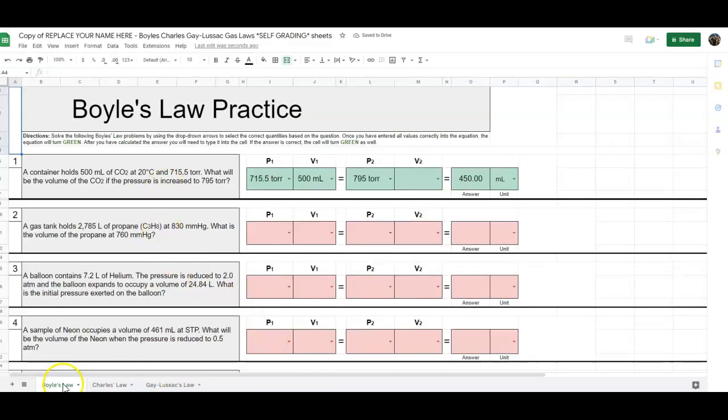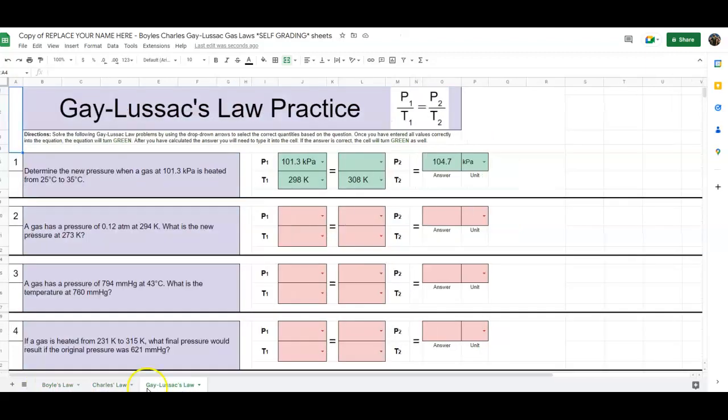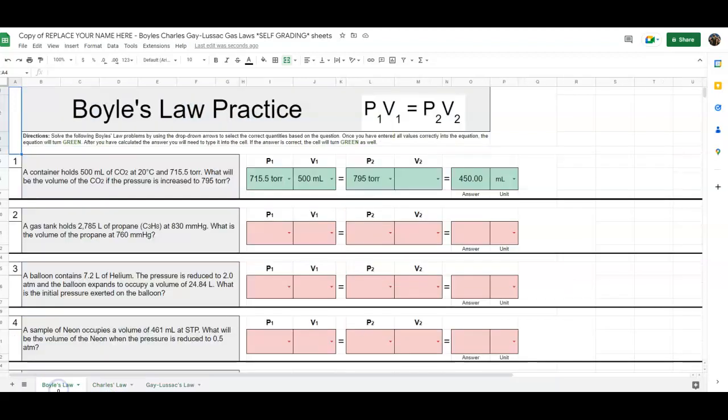When you look here on the bottom, you'll see that you have Boyle's. When you click on it, here's Charles. Here's Gay-Lussac. For each of the sheets, the first problem is already done for you so that you can see. So to go back, I'm going to go ahead and clear them so you can see how we get there. Okay, so first thing that you are going to do is read